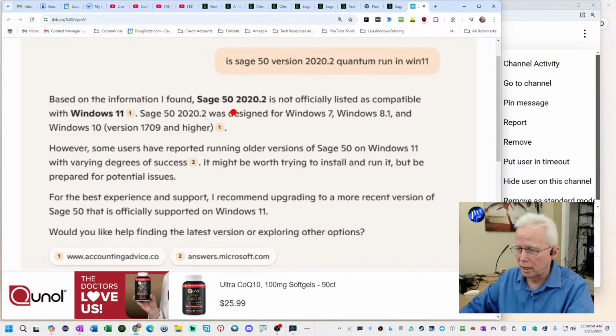Based on the information I found, Sage 50 2020.2 is not officially listed as compatible with Windows 11. Sage 50 2020.2 was designed for Windows 7, 8.1, and Windows 10. However, some users have reported running older versions of Sage 50 on Windows 11 with varying degrees of success. It might be worth trying to install it and run it, but be prepared for potential issues. For the best experience and support, I recommend upgrading to a more recent version of Sage 50 that is officially